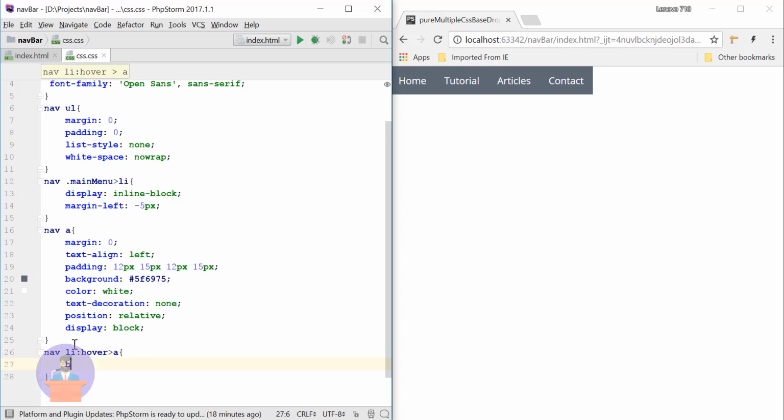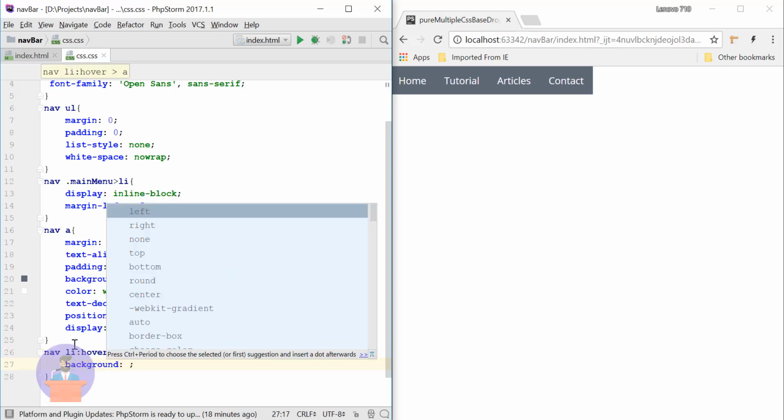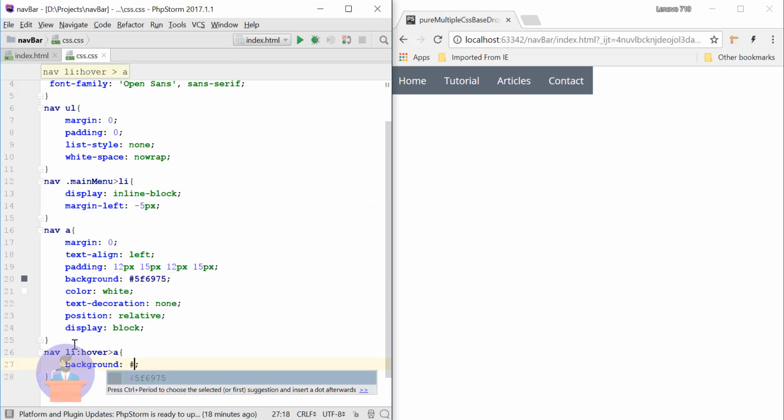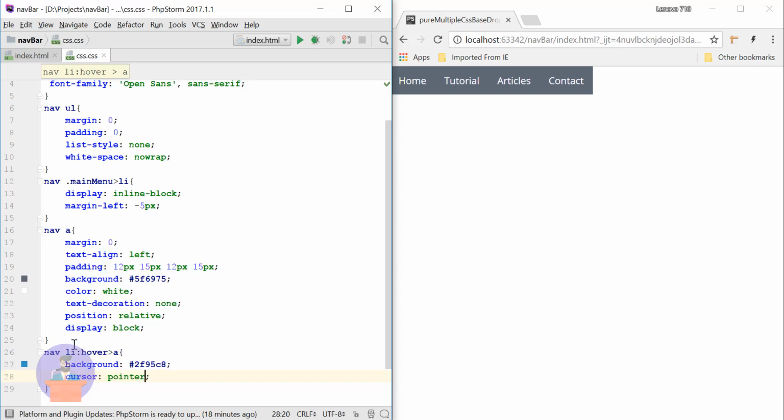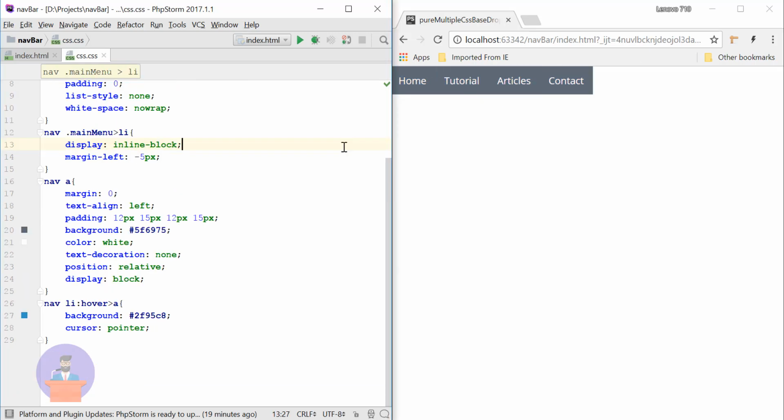Here I will provide the background as some blue color, so hash 2F95C8, and I will use cursor as pointer. Let's just check. Okay, here we have provided the hover effect to this navigation bar. Okay, this is fine, I think. Here we have added our horizontal main menu.